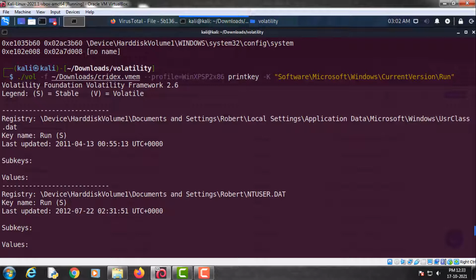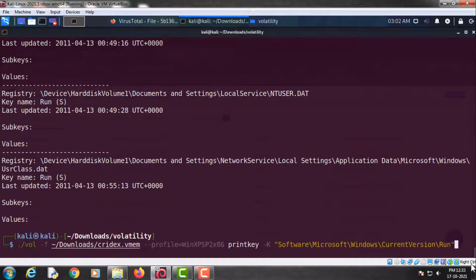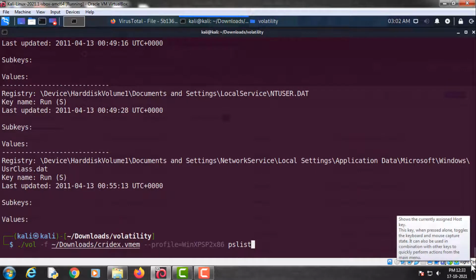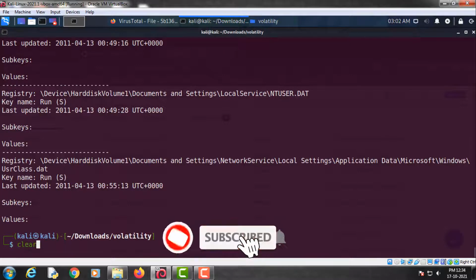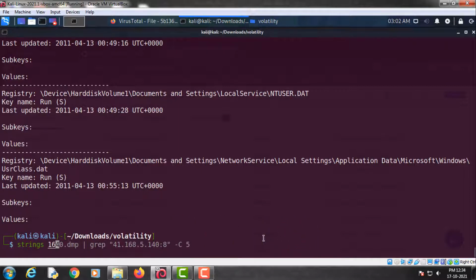So how can we do that? We will just copy it and again use the strings command. Strings, then 1640.dmp, then grep, and just copy paste it and press enter.